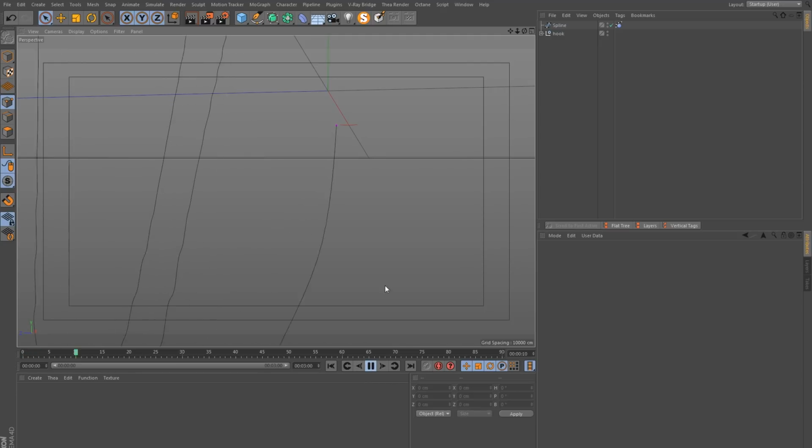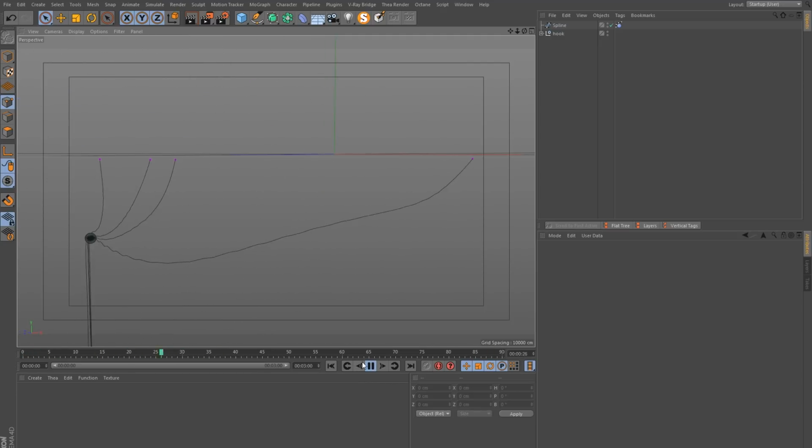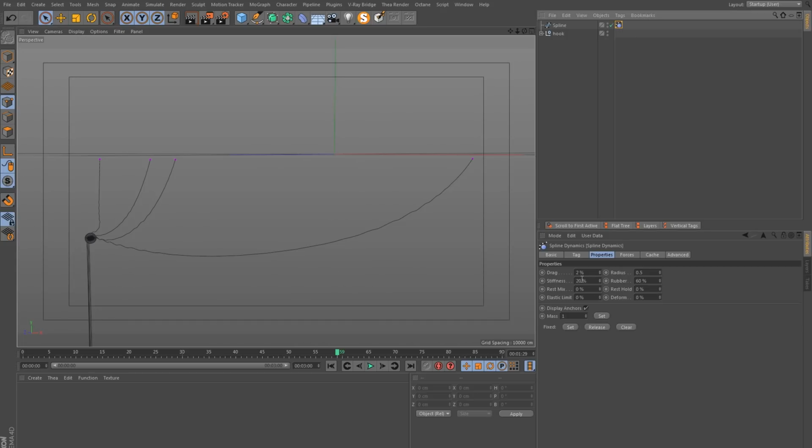And now if I hit play, this is actually a simulation, so you will end up with cables which look a bit more realistic. Now you can play with the settings, such as the stiffness and so on. If you increase this, it will just change how that will appear, and the rubber control and so on will give you different results.